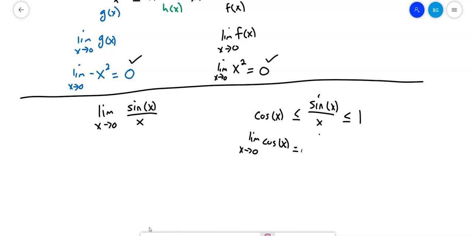Yeah, cosine goes to 1, sine goes to 0. And if we take the limit of 1 as x goes towards 0, of course that's a constant function that's always 1, so this limit is 1, this limit is 1. By the squeeze theorem, that limit must be 1,